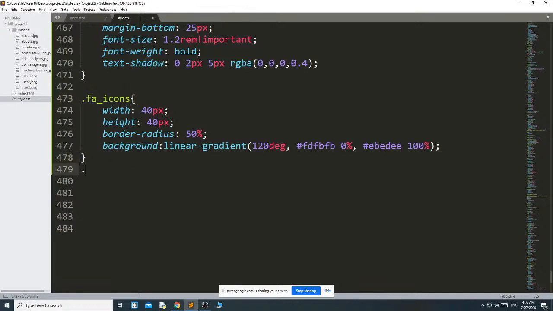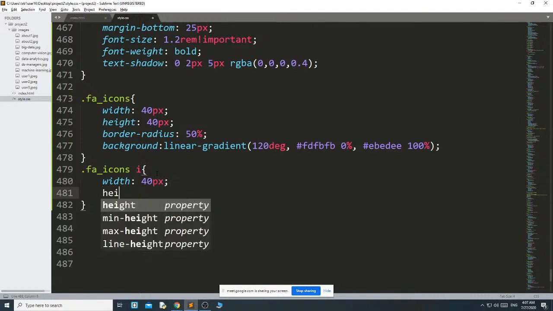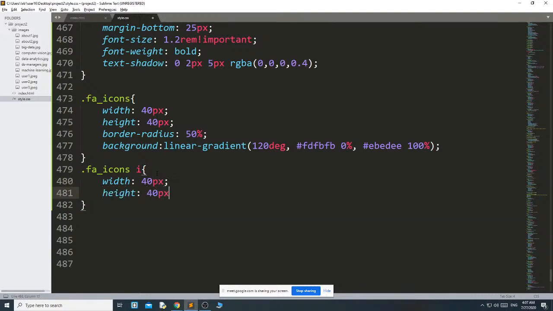Okay, dot fa icons width 40 pixel and height 40 pixel.